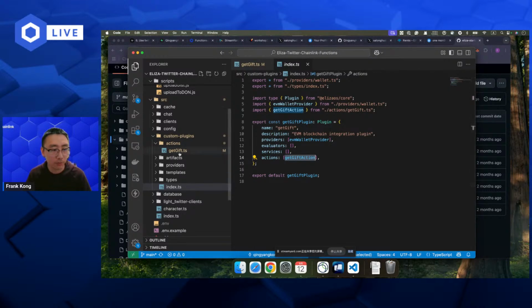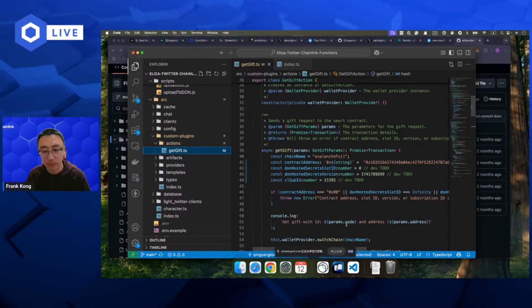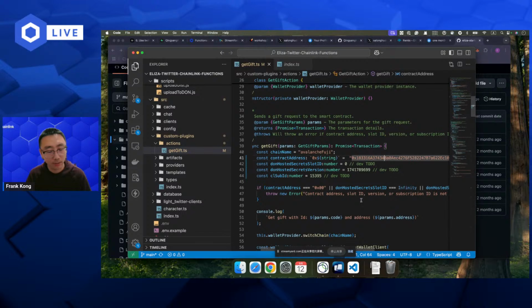And you can do other things. You can change this code to do other things. Maybe you want to do a bridge, maybe you want to do a transfer, and you can do whatever you like. But here, what I'm doing is sending a transaction to the smart contract address here, and calling the specific function I defined for the action, and that's it. So that is a way to create a plugin or create an action. Yeah, maybe the development process is a little bit more complicated than I said, but you can do it this way.